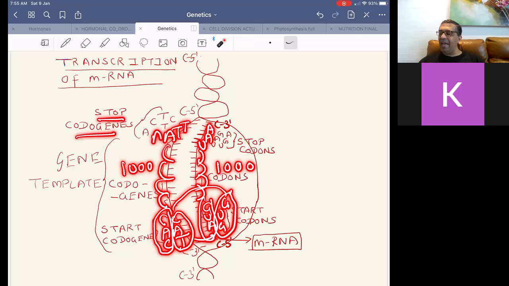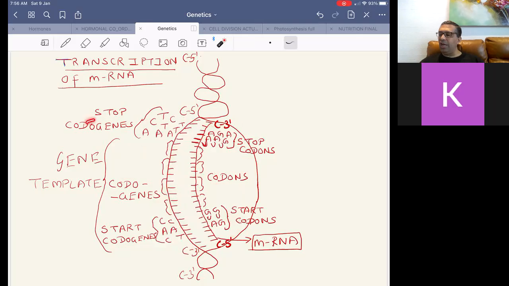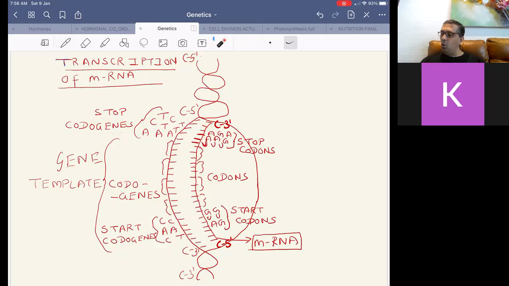Or you have ATC, which will code for UAG. Or you will have ACT, which will code for UGA. ATT for UAA, ATC for UAG, or ACT for UGA. These become the stop codogenes and the stop codons,